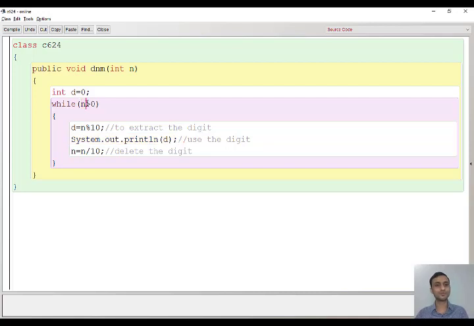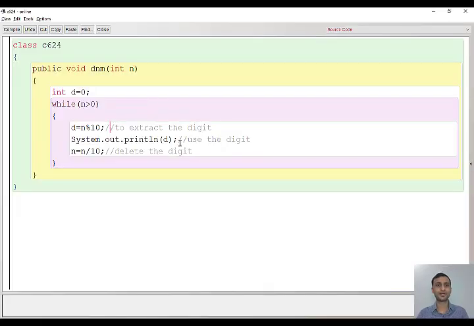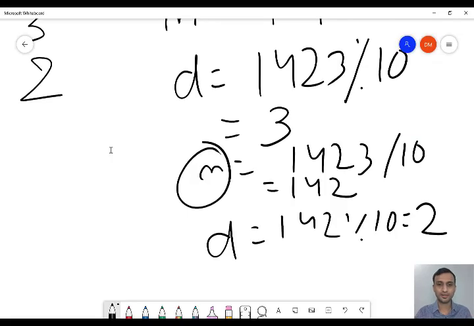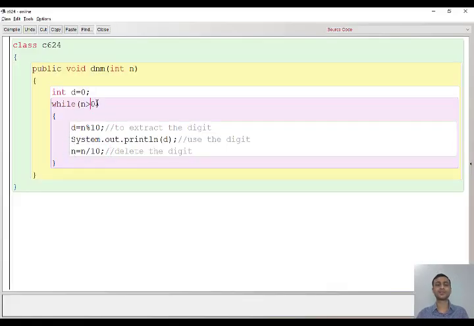So now n is 142, greater than 0, true. 142 modulo 10, you will get 2. It will print 2. So what is 142 by 10? 142 by 10 is 14. Again 14 greater than 0. Yes, 14 modulo 10 is 4. It will print 4. 14 by 10,